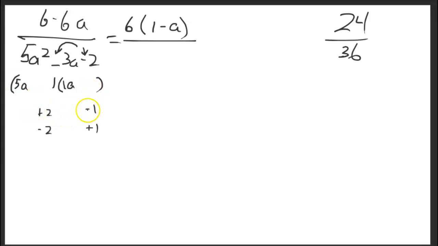So let me just take this first possibility. And let's try 5a plus 2 here and a minus 1 here. Okay? And let's see what happens. So we're trying this first possibility. If I multiply here, 2 times a is 2a. If I multiply here, 5a times negative 1 is negative 5a,